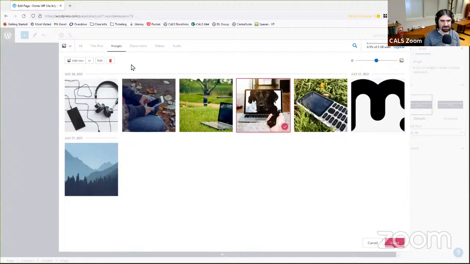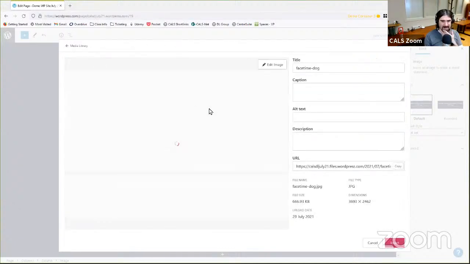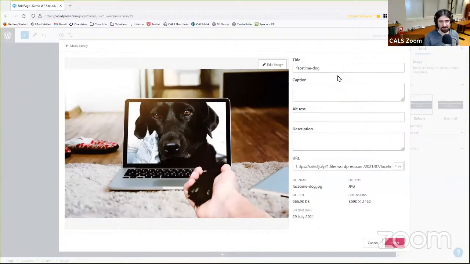So when I click on that, I do have the option, if I click up here, I can click Edit, and I can change some of the details about it. I can change the title of the image. I can do the caption. I can add alt text. Now, if your images on your website contain information that's important to understanding what your website is communicating, now it's important,